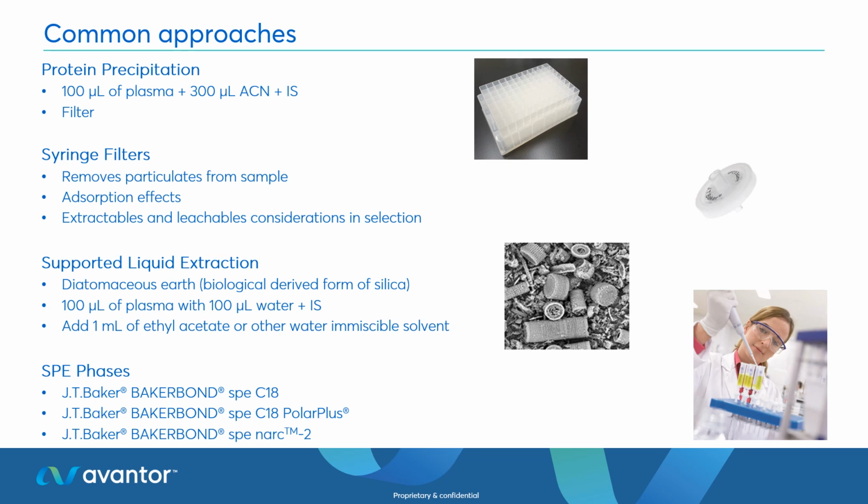This is used as a fast, quick technique and involves the addition of some form of chaotropic reagent to your biological fluid. So typically a 3:1 ratio of acetonitrile to plasma with the addition of some form of internal standard. This results in the formation of a precipitate. That precipitate can then be either filtered or centrifuged so the remaining supernatant can then be injected onto your LCMS